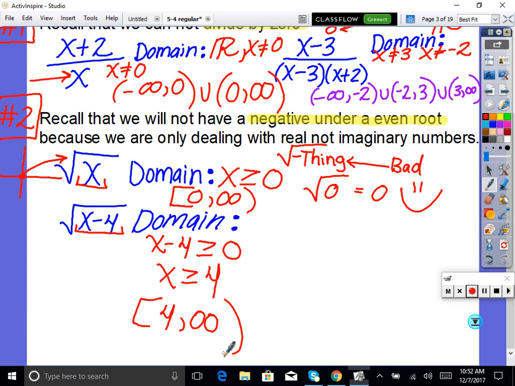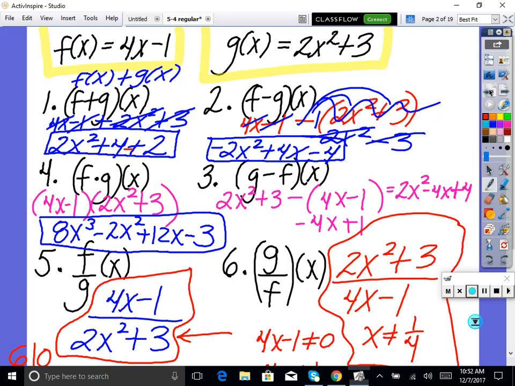In interval notation, if you want to write it like that. Okay. So there's those two problems. If there's no radical and there's no division, the domain is all real numbers because there's not a problem that we would restrict. So let's go back to the front page here, and let's go back and do the domain